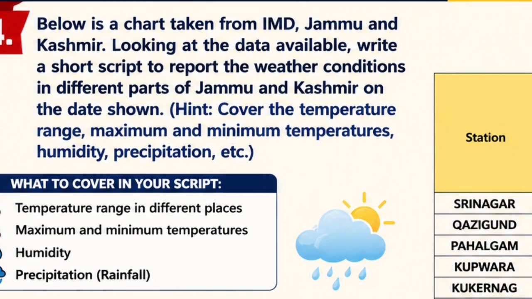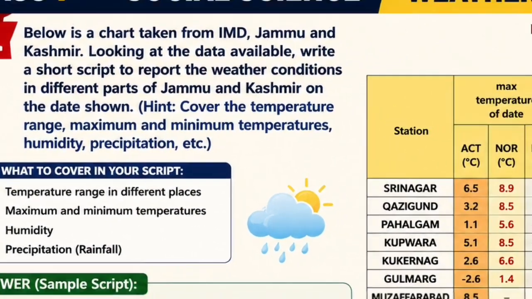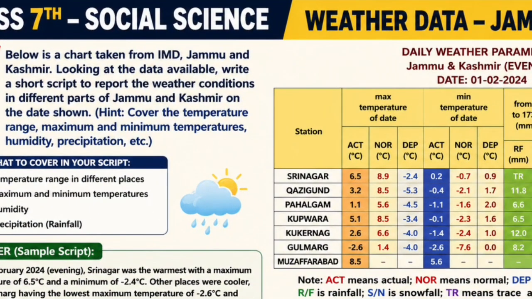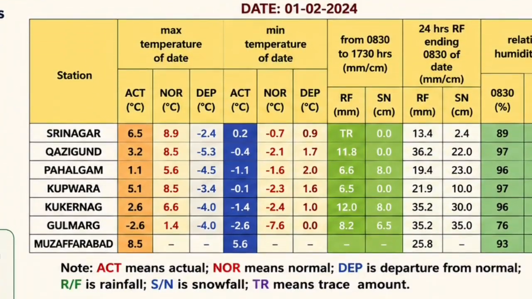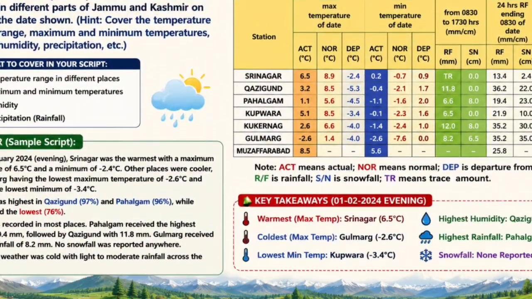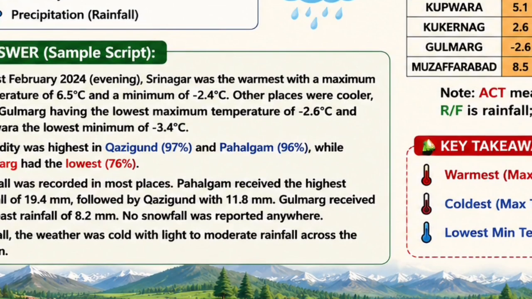And the hint: cover the temperature range, maximum and minimum temperatures, humidity, precipitation. So you need to work like a weather reporter. Fine. Here is the chart, which is given in your book with this question. So your script will be something like this. On the 1st